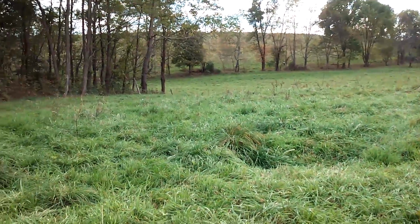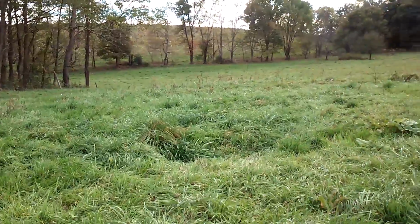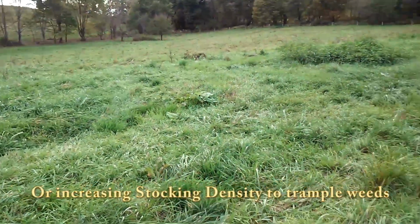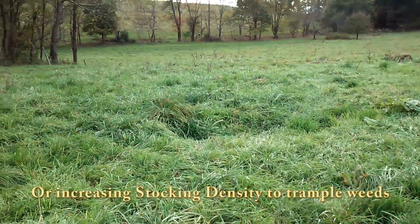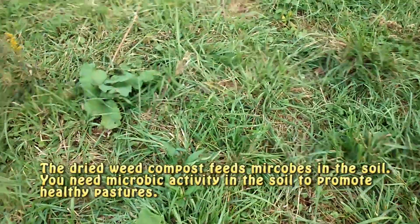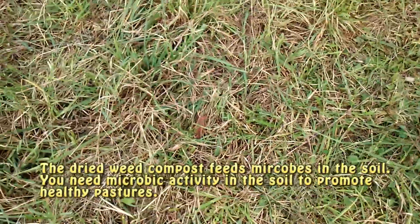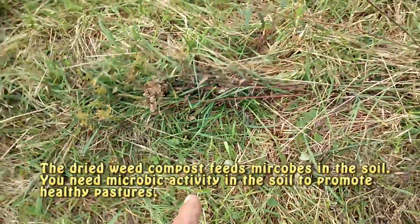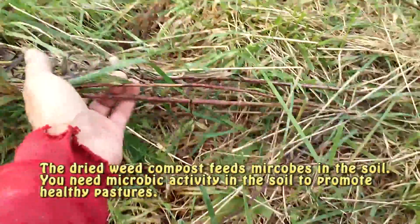There's one thing I want to make clear. Using the drag, or dragging something in the fields to knock down the weeds, does more than just knock down the weeds. What it does is it feeds the soil. See, if we look down in here, you can see all kinds of dead dry matter. Like here's some goldenrod right here that I had dragged, and you see how it knocked the stem down